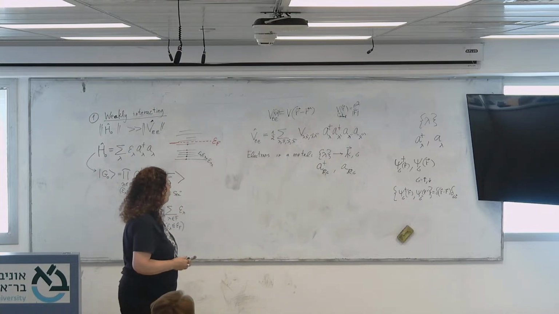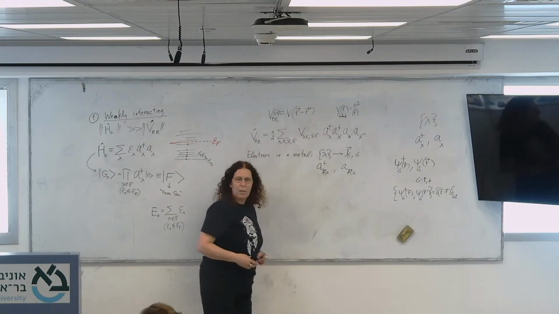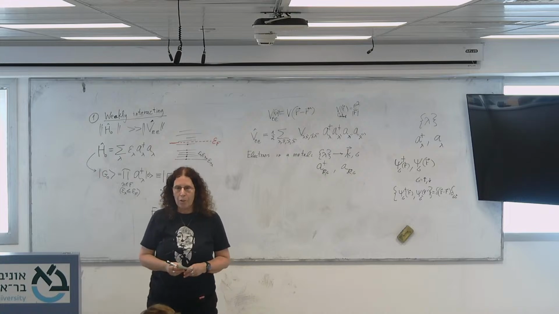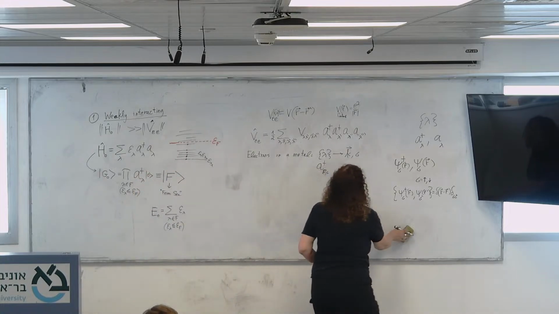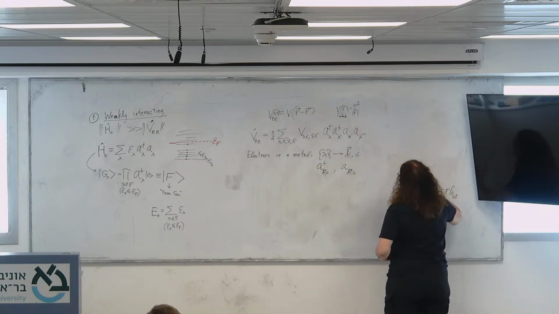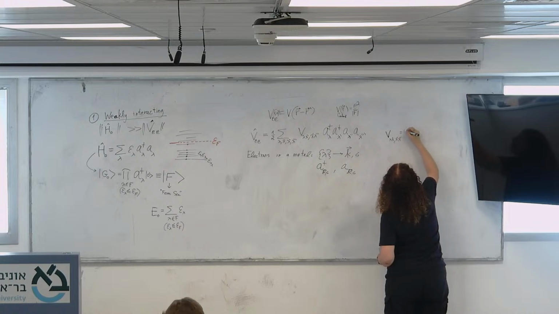Now there's another thing that we know and that we need in order to calculate the matrix element of the interaction. Maybe I'll write on the side what is the definition of V lambda prime, lambda double prime, lambda triple prime is